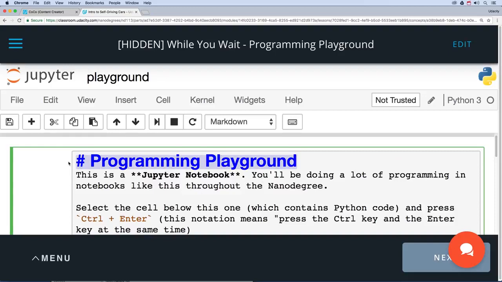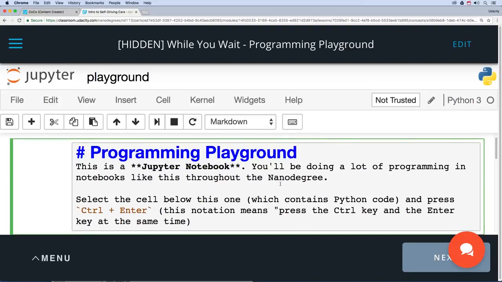Basically, this format is showing you the editing mode. So here, you can see the syntax for making something a header. And here, you can see the syntax for making something bold. If you ever wind up in this mode and you want to get back to the nicer looking mode, so just like Control and Enter works in markdown cells,